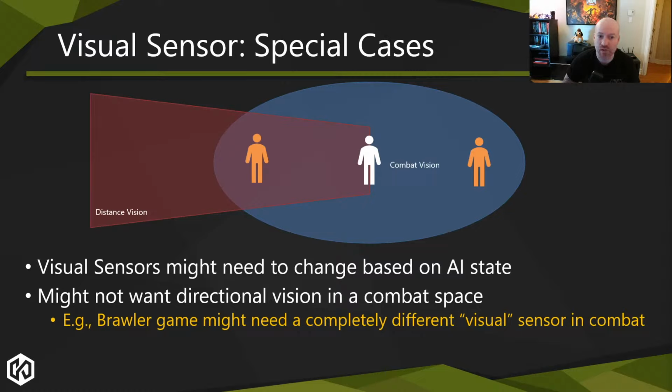So generally what you want to do at that point is have a big bubble that says, hey, I'm in combat, so everything within 5 meters is visible to me, even if it's behind me. And as soon as something leaves that 5 meters, maybe I still have a distance vision that is based on my head, but fundamentally, I do not want to lose sight of anything close to me. That is a very common approach that isn't really talked about much, surprisingly, and I've seen lots of programmers make that same mistake where we build a thing, it works great, and then we get all the weird bugs like, well, they keep losing me in combat. And so they switch back to search while there's a fight going on.